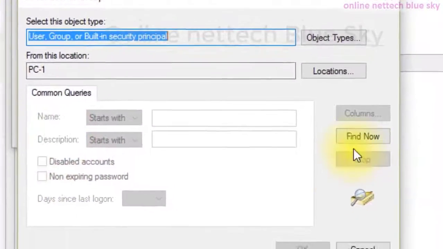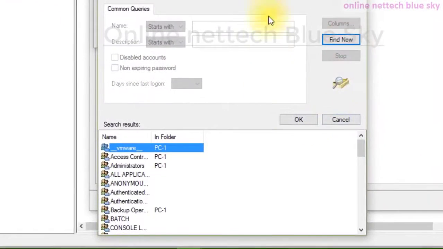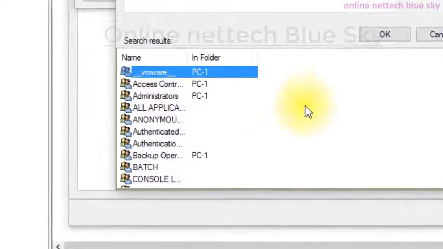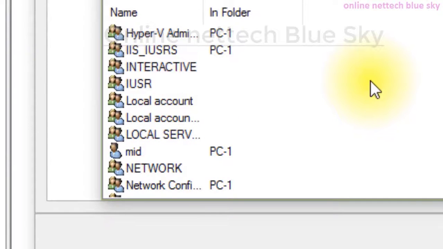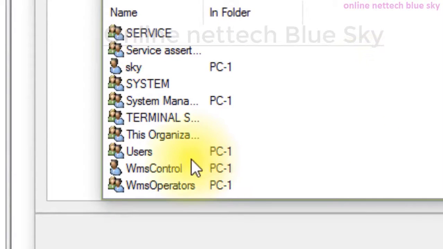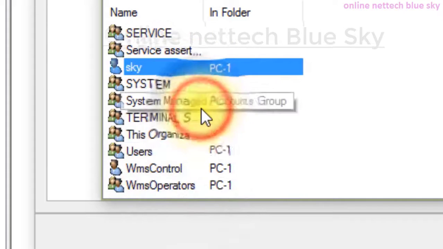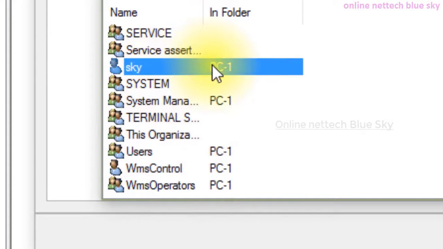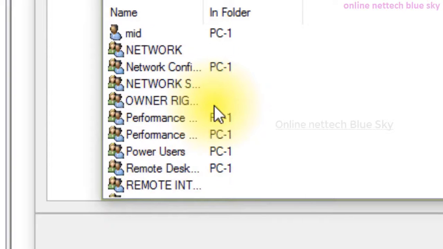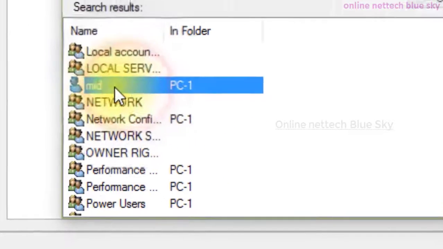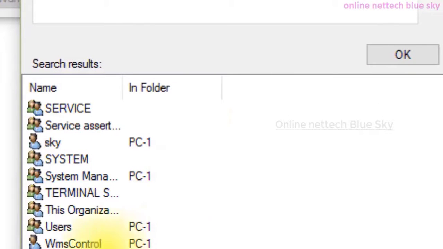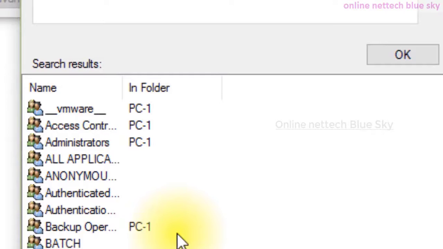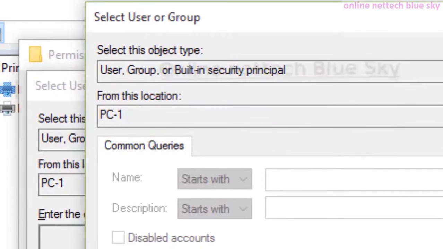So you can select member windows here and find now, click on find now. So find now is one way of finding all of your users and groups here. So you can see this two is one type of group and single is one group. So I like this group, not a group, this is a group, this is a group, and this is a user here. So I click on this. Build is my local user here, and sky is my administrator user here. So you can see this user, group, building principles.